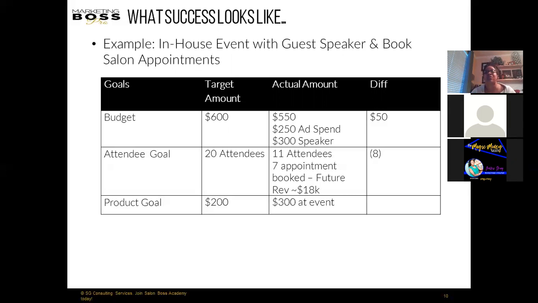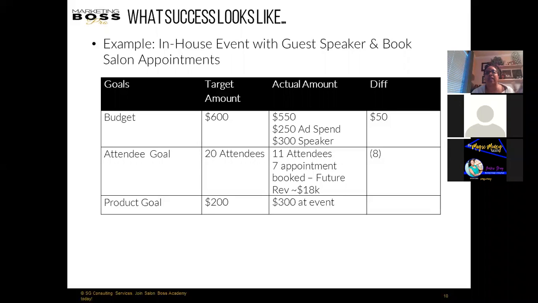So she wanted to not necessarily have her existing clients participate in this event. She wanted to attract new business to her event because it was a very specific type of speaker that she was going to have. She identified a budget of $600. She wanted to have 20 people attend, 20 new strangers to her event, and she wanted to sell products in about $200. And so we sat down and we used this marketing planner, like I just walked through with you,